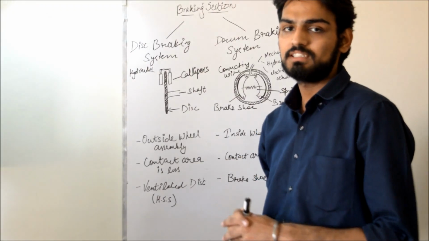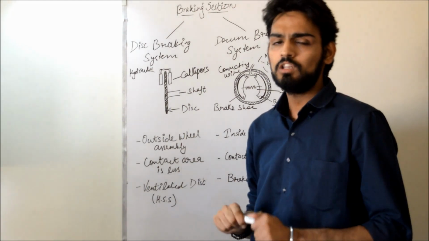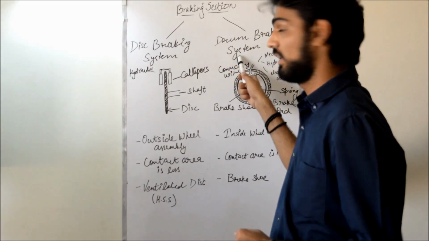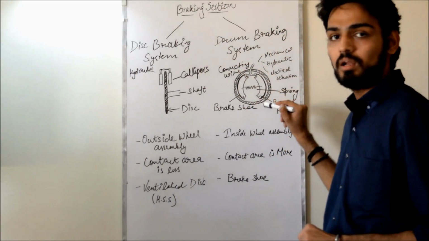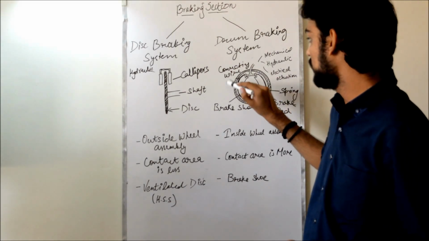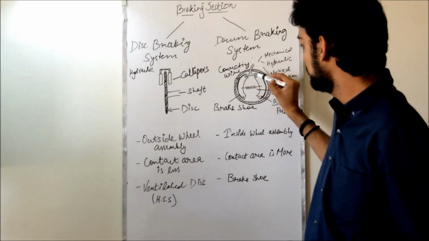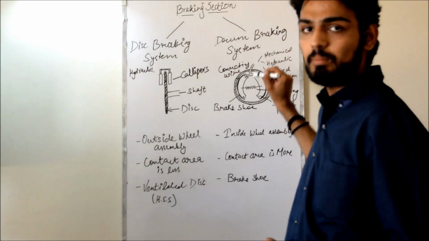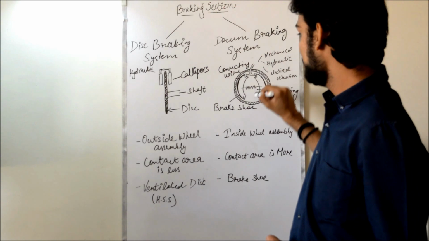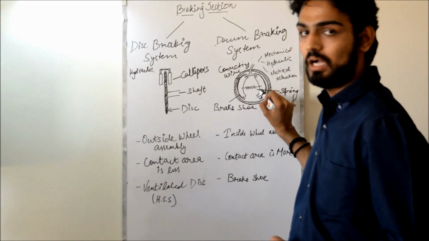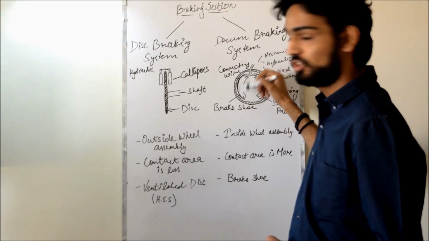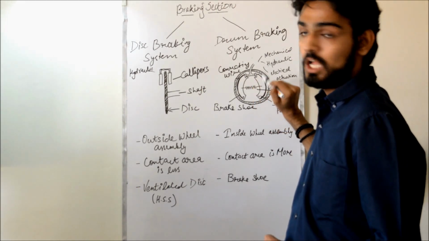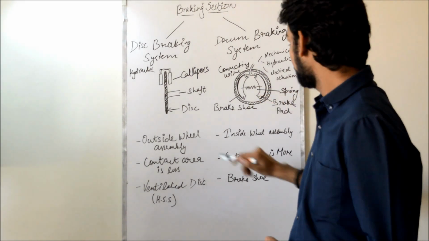First and very important segment is the braking segment. On the basis of working mechanism, it is divided into 2 parts: disc braking system and drum braking system. Now this is the diagram of the drum braking system. Now main parts of the drum braking system is the connecting wires, the brake shoe, the brake pad, the spring. Now when brakes are applied, the connecting wires opens up these brake pads, which applies the pressure on the brake shoes to restrain the movement of the automobile. Now spring bring back the brake pads to its original position.